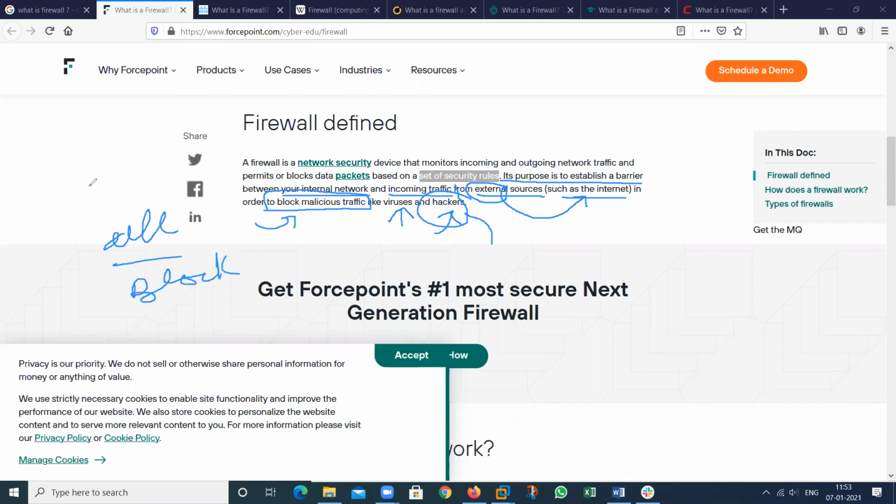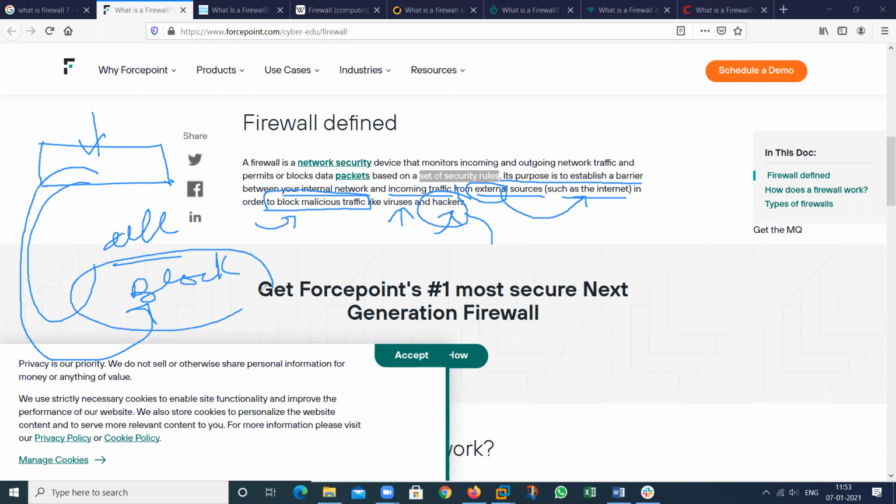If I have not applied any rule in my firewall, maybe it can be allowed. If I applied a rule in my firewall for this type of activity, then it can block that particular malicious traffic. So this depends on your rule, what types of rule you want to apply in your firewall.